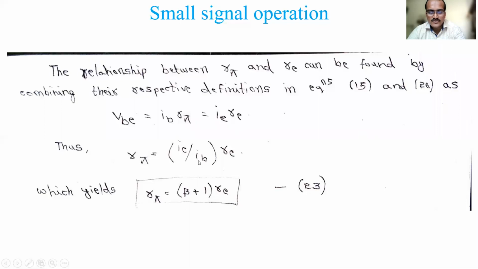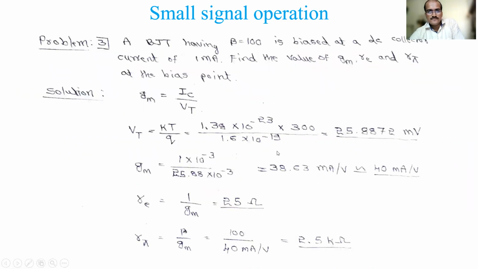IE by IB, you know that. IE is nothing but IC plus IB, and IC is nothing but beta times IB. So beta plus 1 times IB will come, IB cancels out, and what remains is beta plus 1. I hope you know this basic relation, which I am doing orally. This is another relation relating r_pi and RE. Fine, now we'll solve the problem. Any of these relations you can use, so you should know the concept thoroughly.